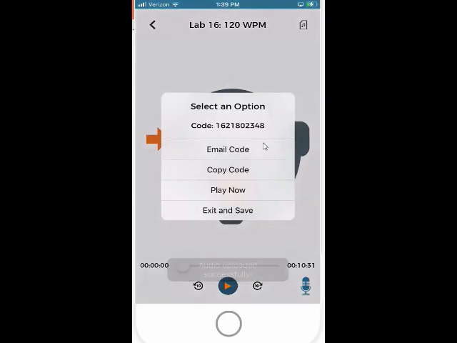You have several options here. This code is your audio code, lives in the cloud. What we're going to show here is how to insert this code into our Step 3 evaluation so we can get a grade for our interpretation. And then we'll come back to this and explore some more functionality soon. But for now, we're going to copy the code,